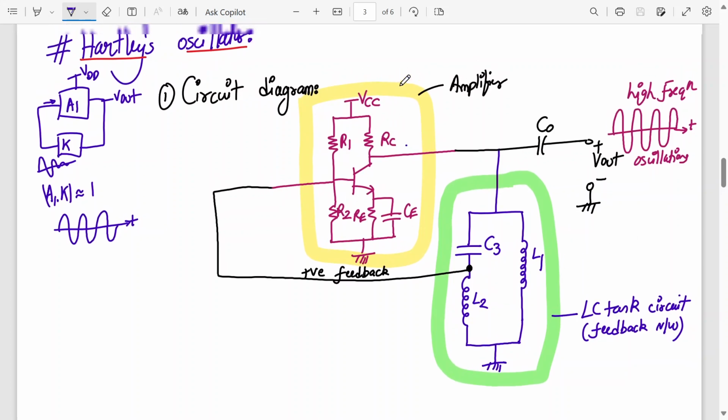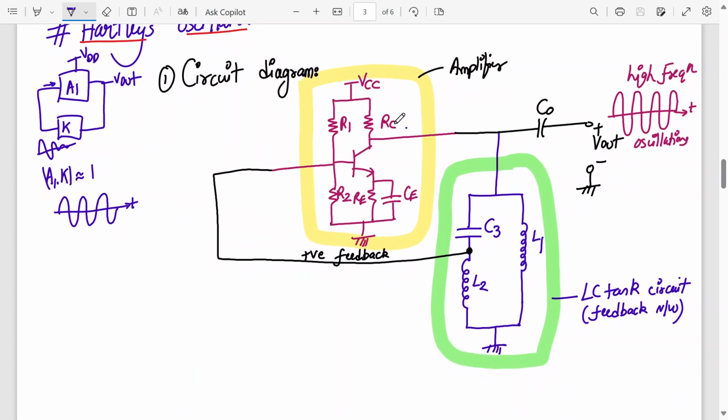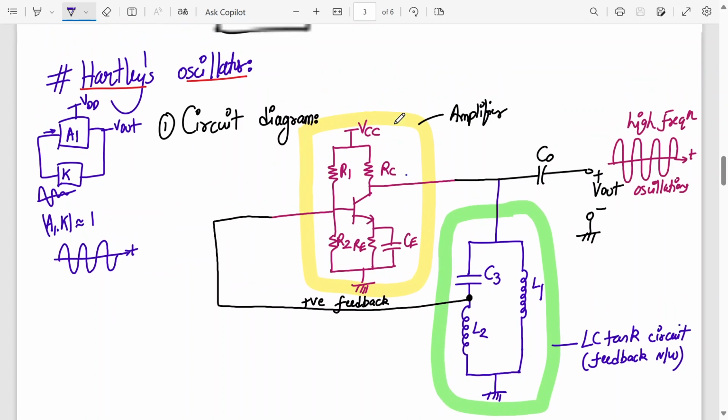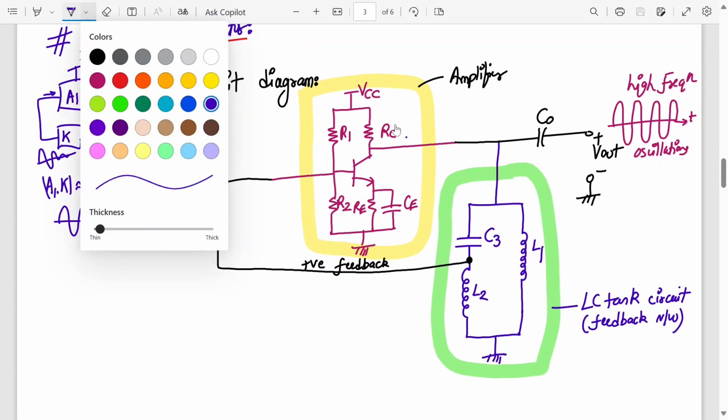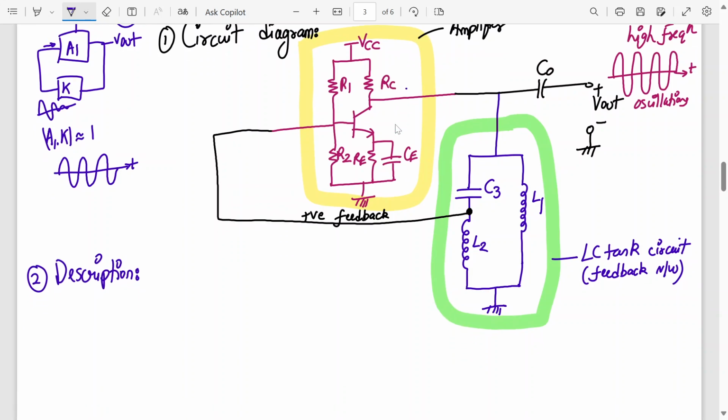So the Hartley oscillator consists of an amplifier. Let us write the description now and then we write the working principle. So we write the description. Let's start writing. The second part is description. We'll write the entire answer now because that is what we decided earlier. So let's go with the description. So write down: Hartley oscillator consists